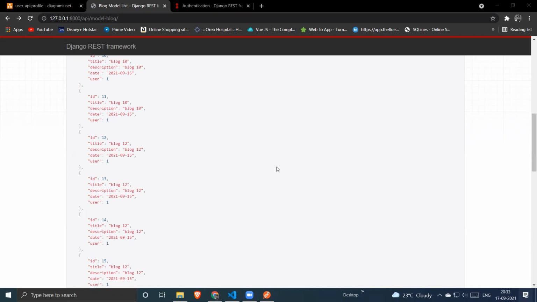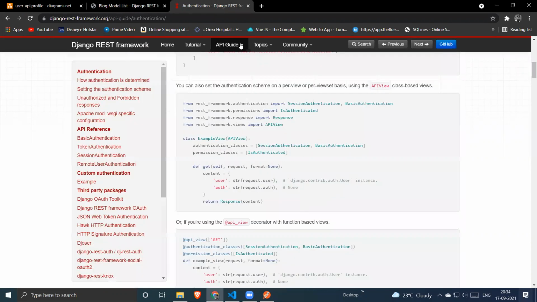If we are using API view sets or API views, we can directly write an if condition: if request.user.id is equal to blog.user ID, then only give him the option of put and patch methods. Otherwise, just return a response, which is 403 forbidden. Same goes for the API view sets. We can have a permission class, and for the model also we can have a permission class. So what is the permission class?